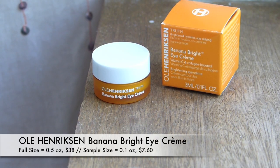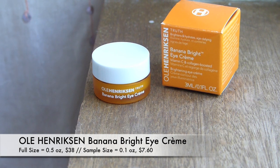And then you get an Ole Henriksen, I think I'm pronouncing that correctly. This is the Truth Banana Bright Eye Cream. I remember there was a product from them in some other box. I think it was probably from a Sephora Play or something, and I didn't know how to pronounce this, and